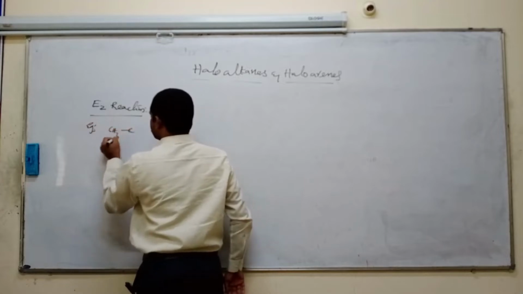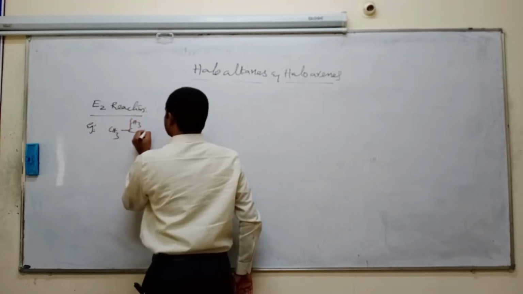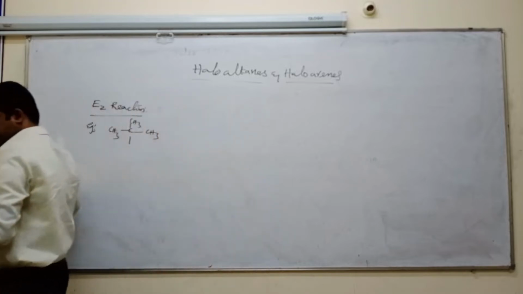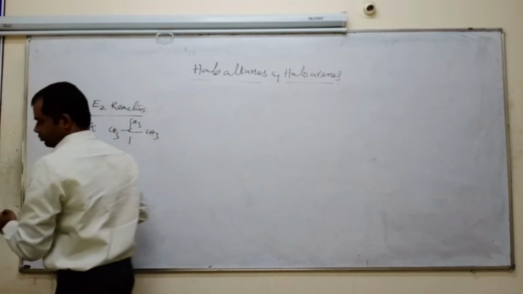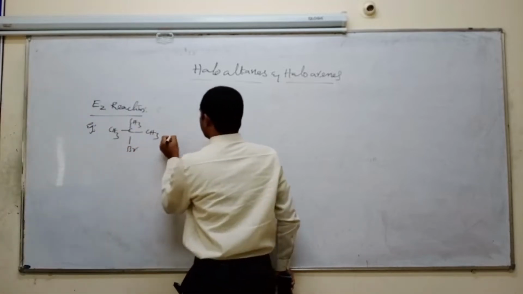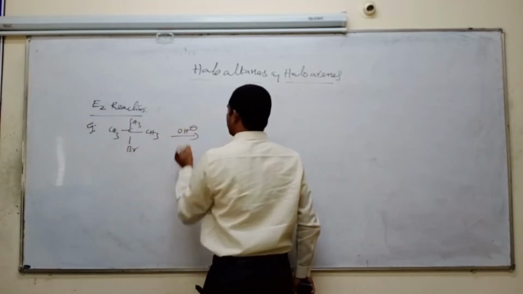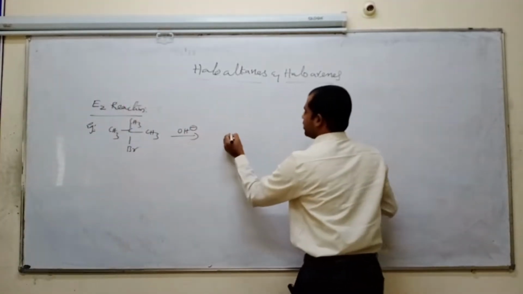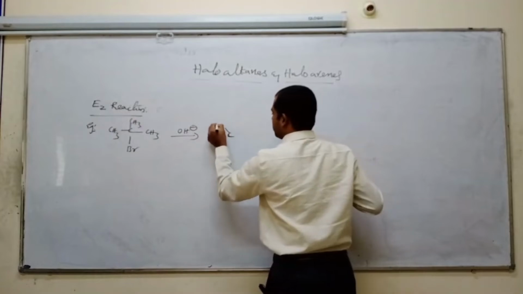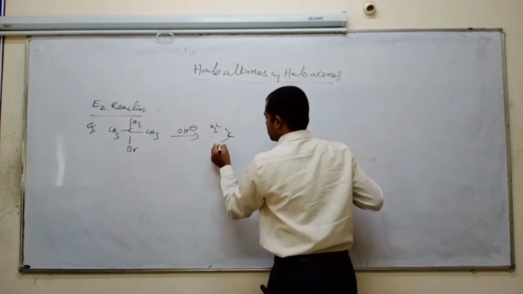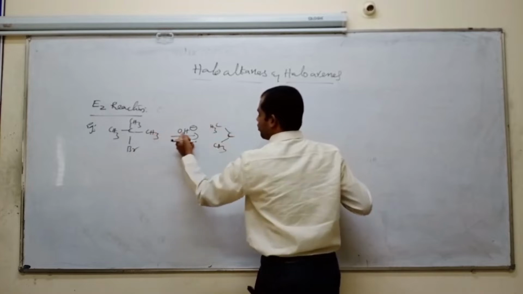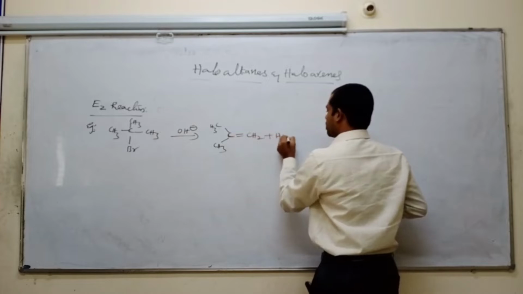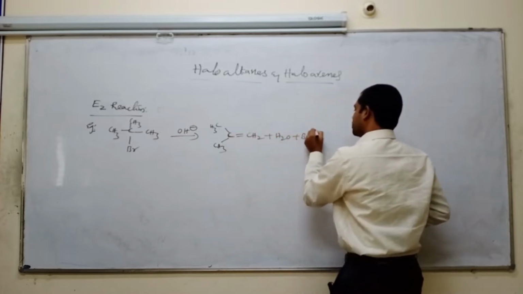Carbon having, if we take a tertiary compound, CH3 here, CH3 here, with bromine, in presence of a strong base, either KOH or OH minus, we can obtain the product. You can see the product obtained is an alkene. Here, carbon with a CH3 group on this side and a CH3 group here, one OH minus combines to form the double bond, CH2. A water molecule comes outside and bromine also comes outside.